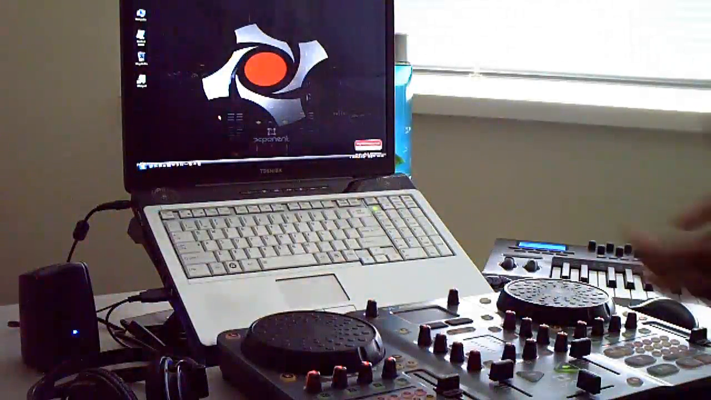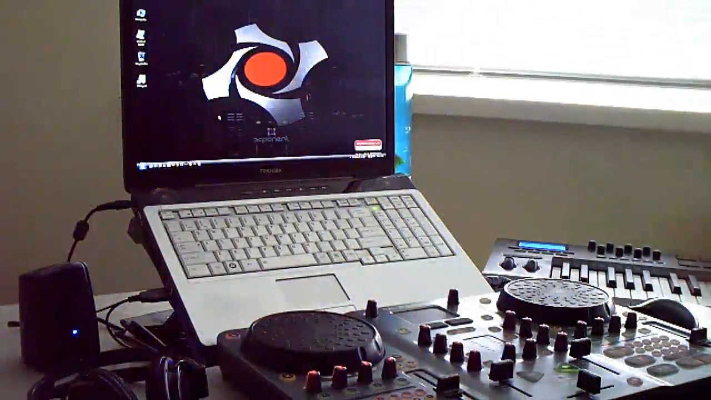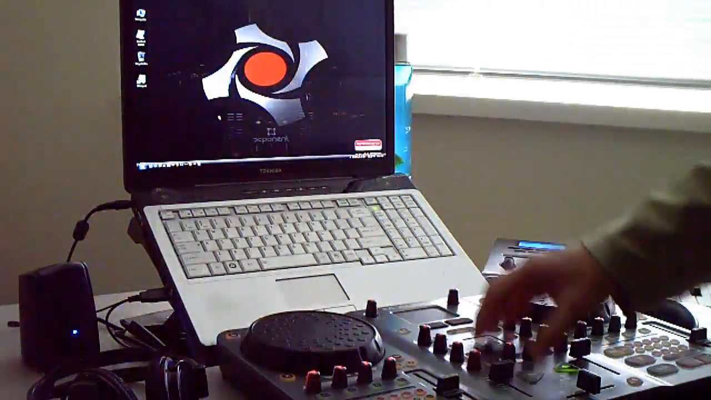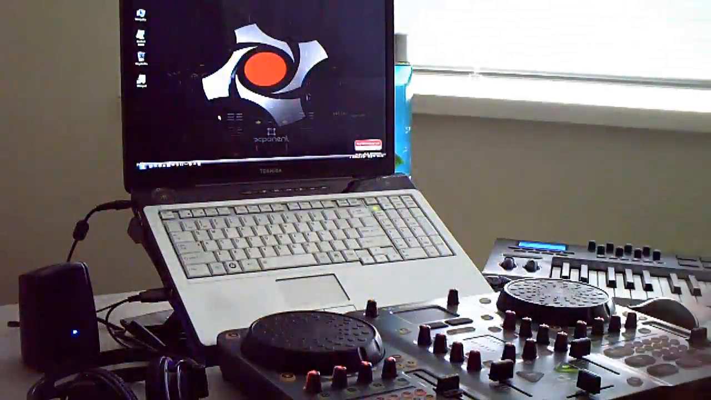So this is once again my setup. That's a rundown real quick through the programs, how they work with my controller, some of the pluses and minuses of them. The best thing to do is experiment, get as many demos as you can in the beginning. If you don't have the money to go out